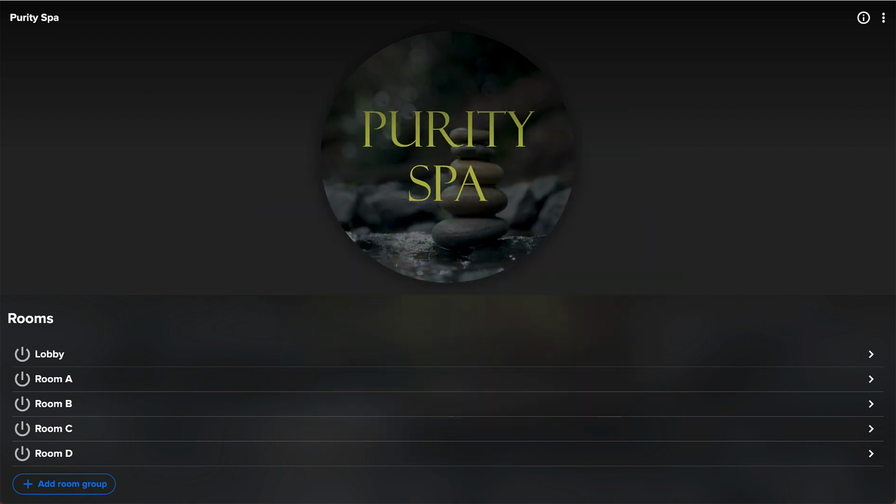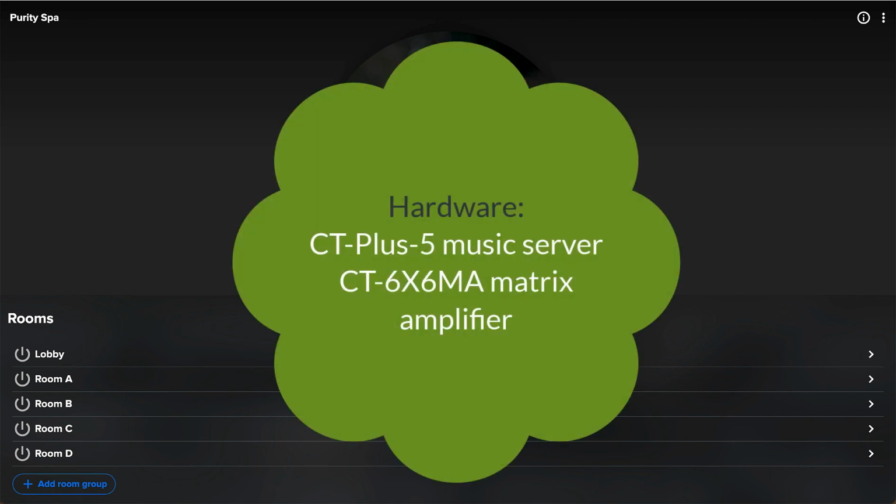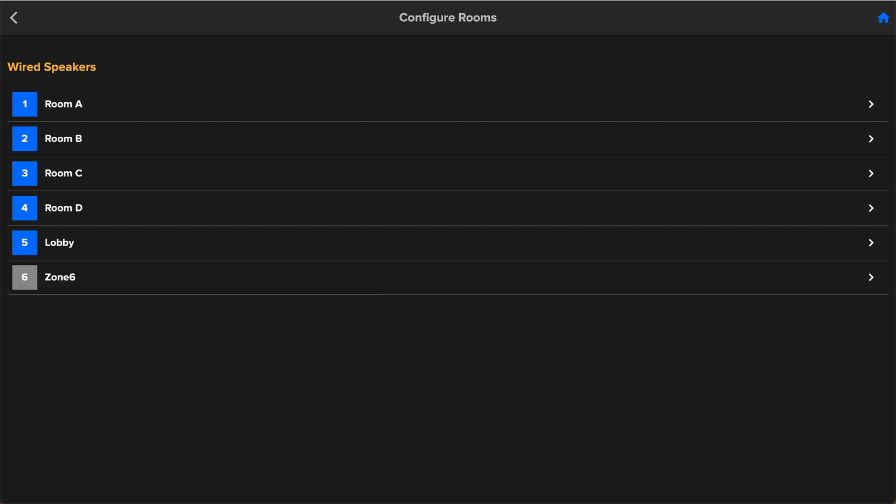The CasaTunes solution we selected for this project includes a CT+5 music server with 5 independent music player streams and a CT 6x6 MA matrix amplifier, which is used to power the speakers in each of the treatment rooms and the common lobby area. Let's take a quick look to see how we configured the CasaTunes hardware, starting with the